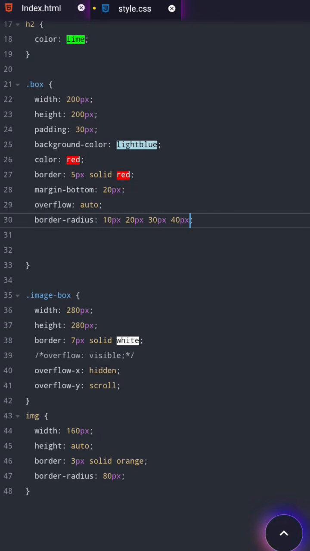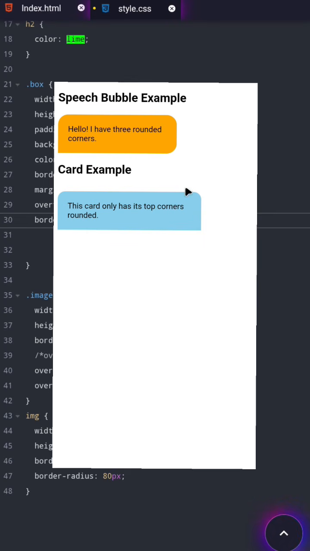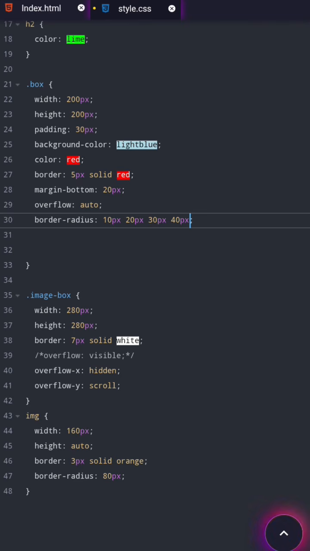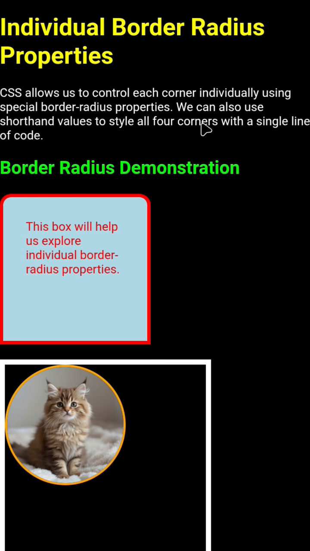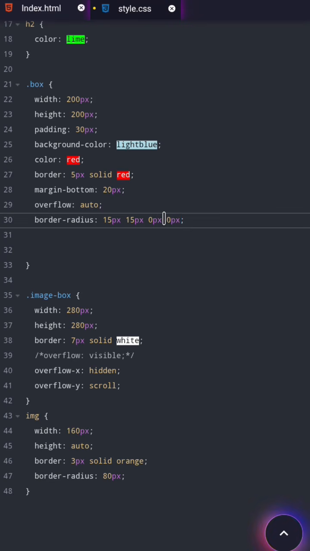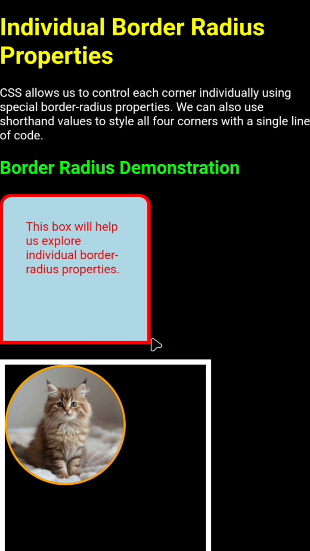Let's test your understanding with a quick challenge. What if you want to create a clean, modern card where only the top 2 corners are rounded by 15 px and the bottom 2 corners remain perfectly flat and sharp? Using our clockwise shorthand rule, we just write border-radius: 15px 15px 0px 0px. Watch the preview screen change. The top 2 corners curve perfectly by 15 px, and because we used 0 px for the last 2 numbers, the bottom edges stay completely square. It looks incredibly professional and clean. So remember, you can